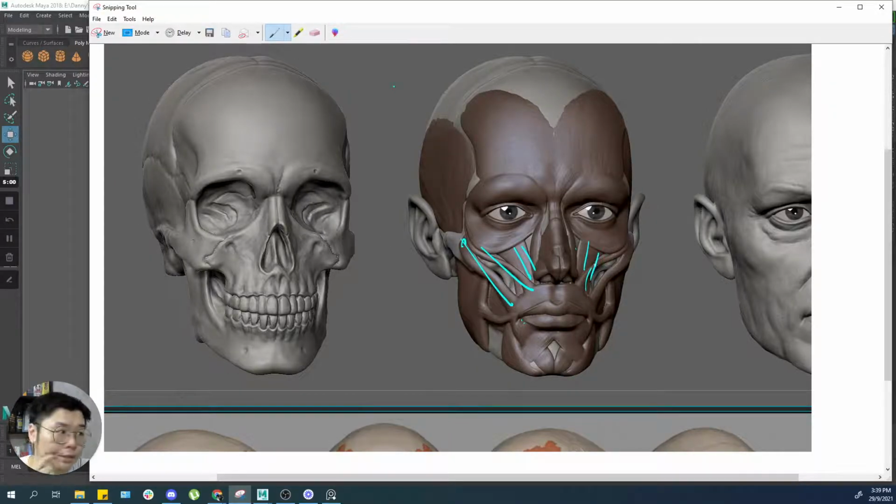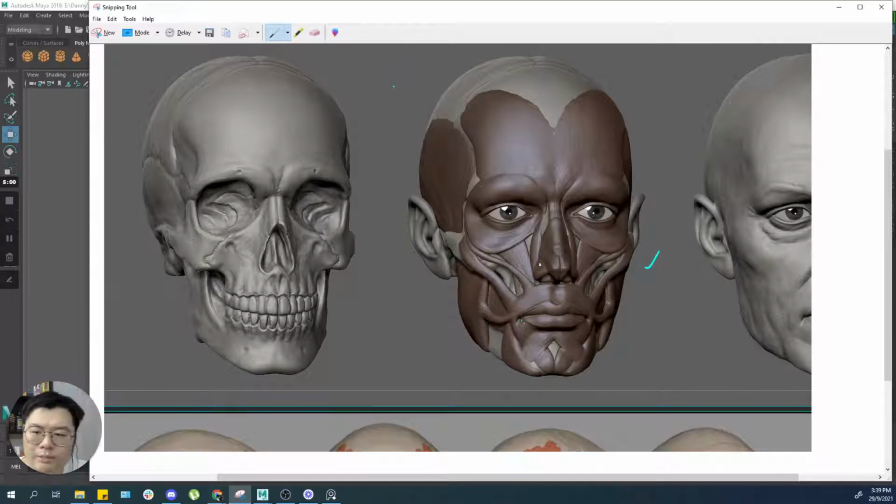If our muscle gets injured, that will cause us to not be able to make a lot more expressions. 好呢，会导致我们可能有些表情是做不到的。